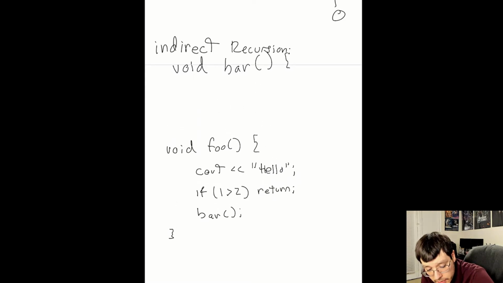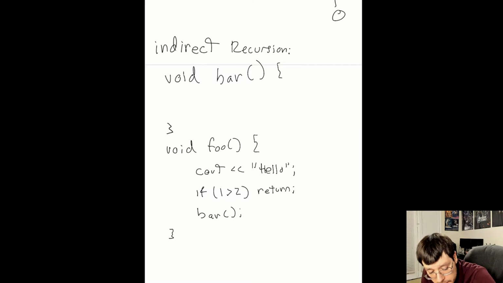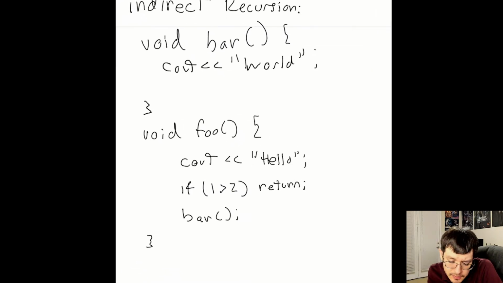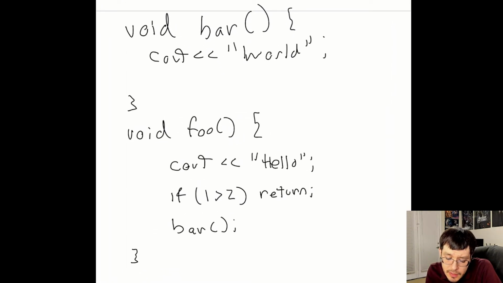Unless you do some sort of extern or prototype, but yeah, okay. So bar has some code in it. And yeah, that's it. That's all that bar does for now. In this case, I can resoundingly say that no, this code is not recursive at all. No worries. Not that recursive code is dangerous, but just no worries that it might be recursive. Cool, but